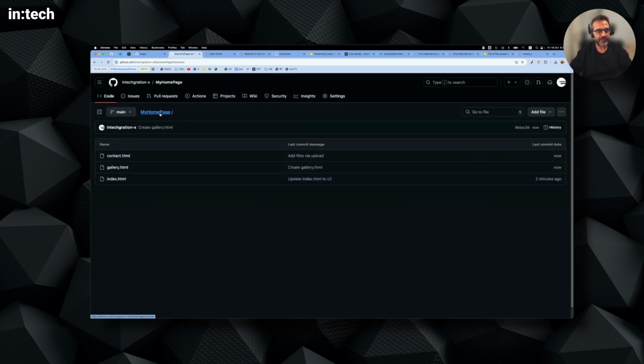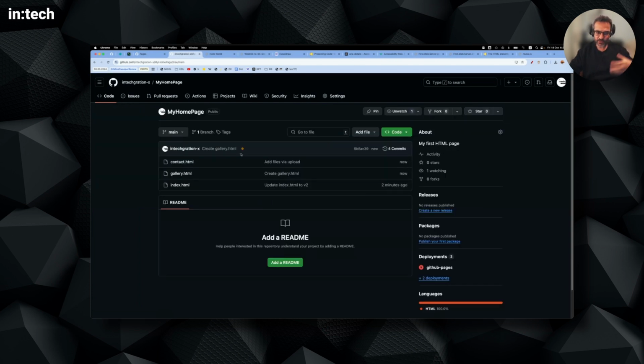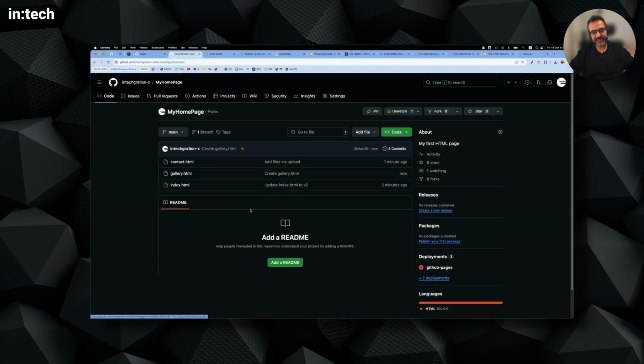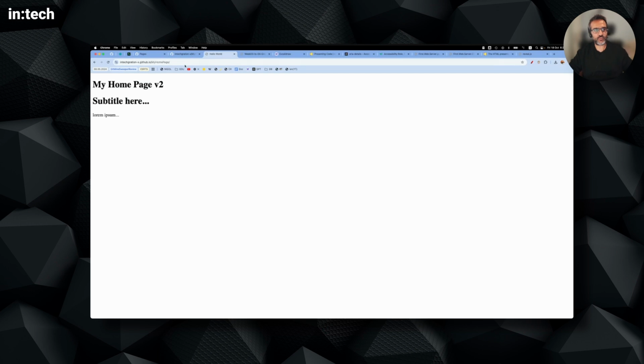So basically, you can control and edit everything directly through GitHub. And every time you make some changes, you will see that the building process restarts. So you have to wait for the building process to succeed. Here, you will see that version 2 is already ready. The building process completed, but now GitHub is once again starting the building process to make contact and gallery HTML available, which means that you can create links through your homepage that will redirect the user to the contact page,